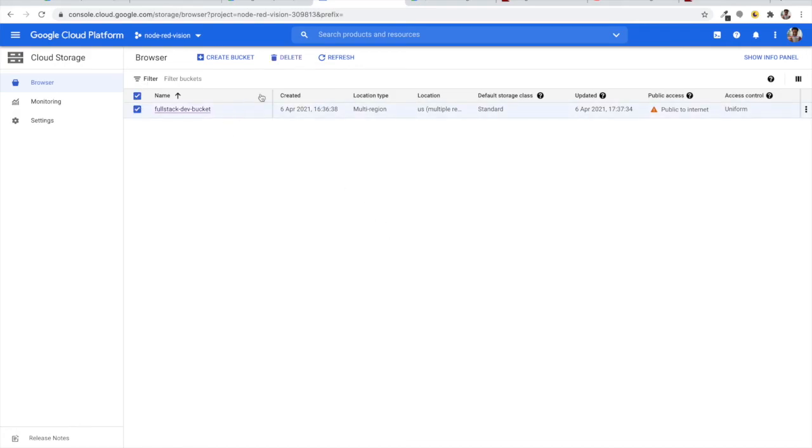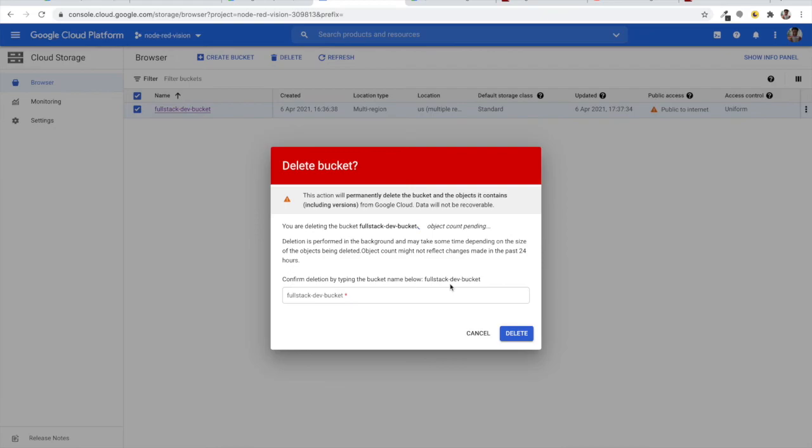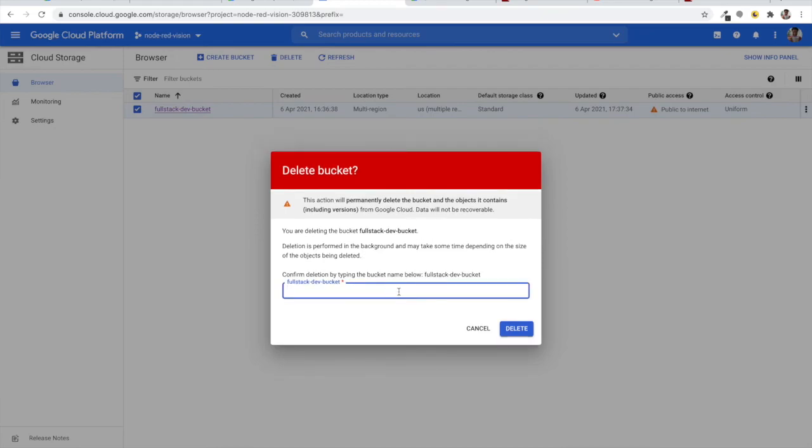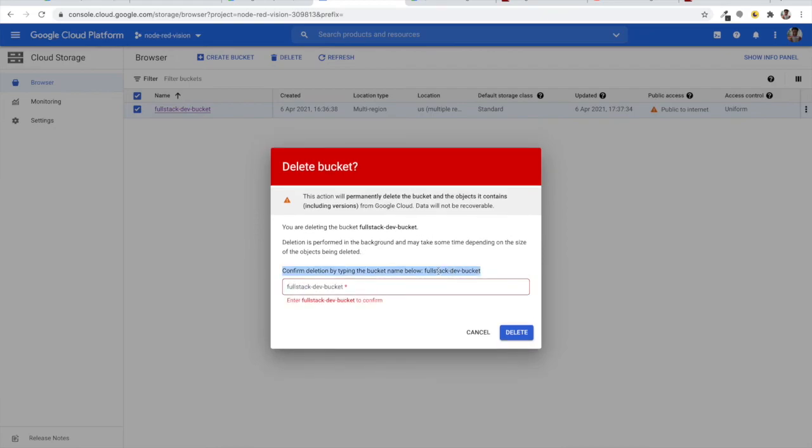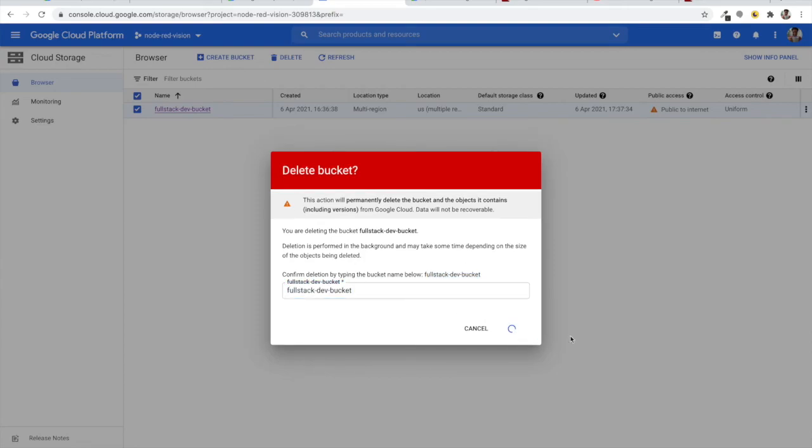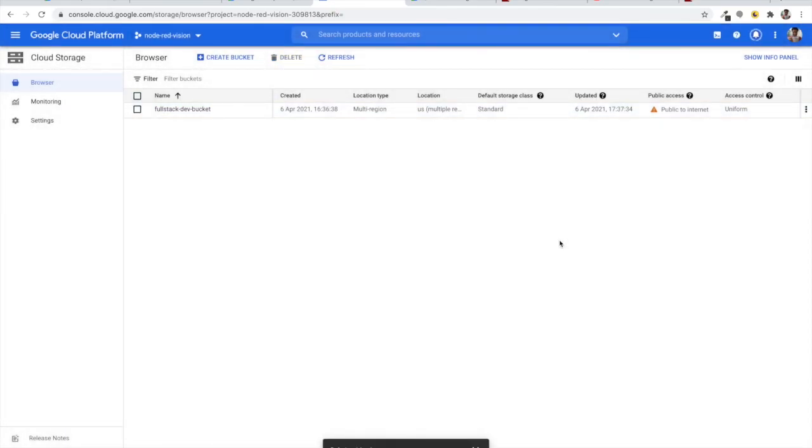So let me try to delete my own bucket. I don't want to have any incurred charges. I just need to type for confirmation that I want to delete this. So yeah, I have deleted my bucket. It's deleting it. As you see, I am safe.